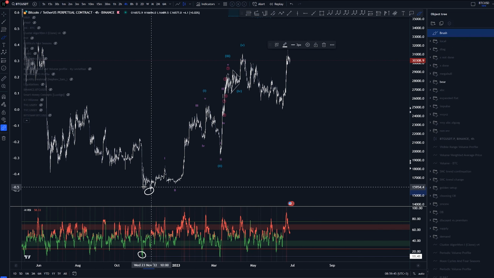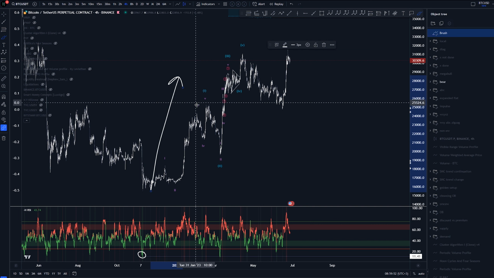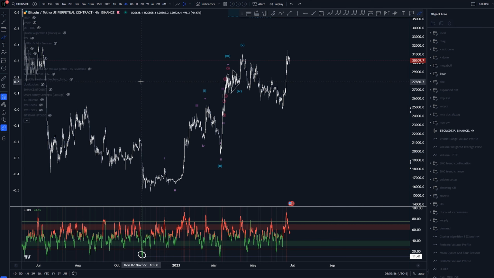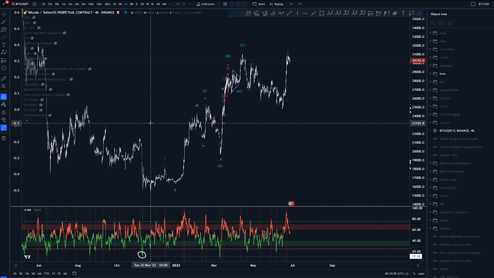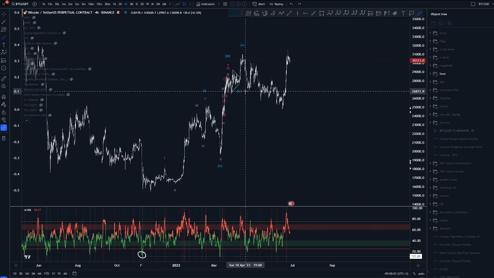Another scenario is that we ended a structure here on the lows of November 2022, and this would be a start of something new. Coming down would be a WXYZ count, which is a bit more rare, but it's still possible. And having this as a potential wave 1 or wave A is completely possible as well. Now,